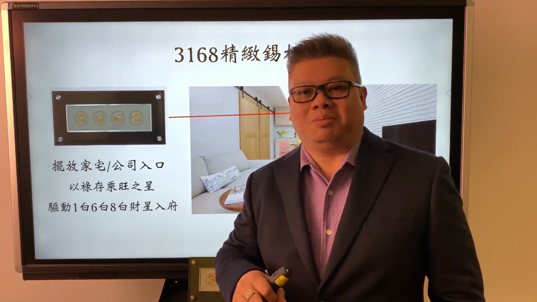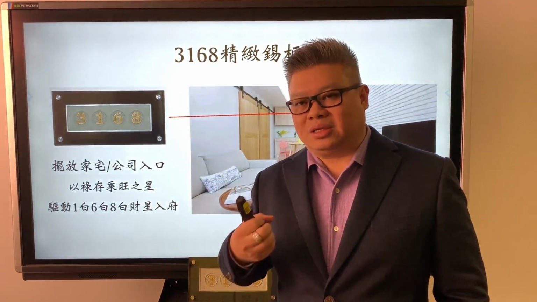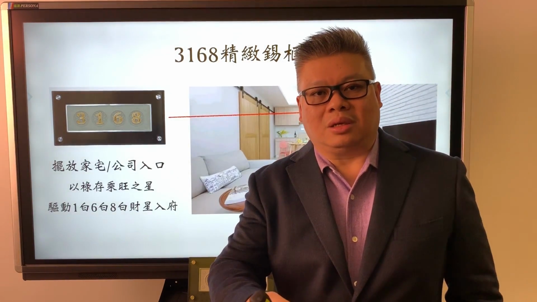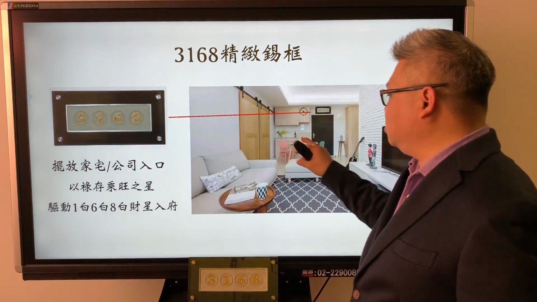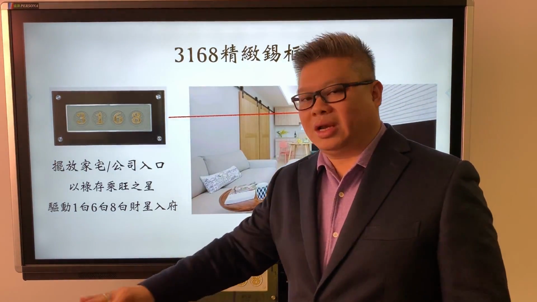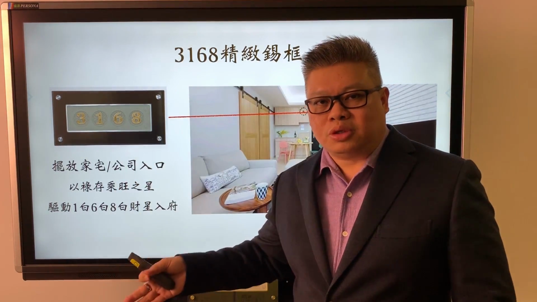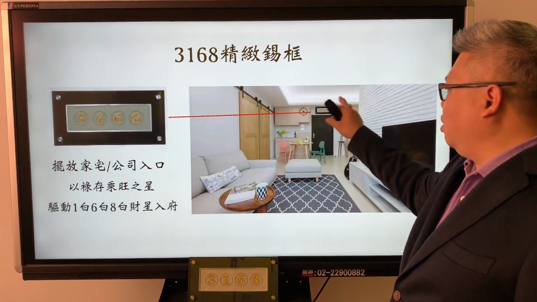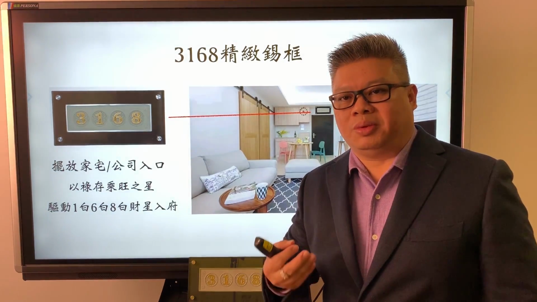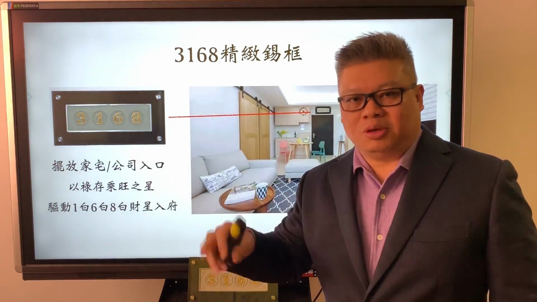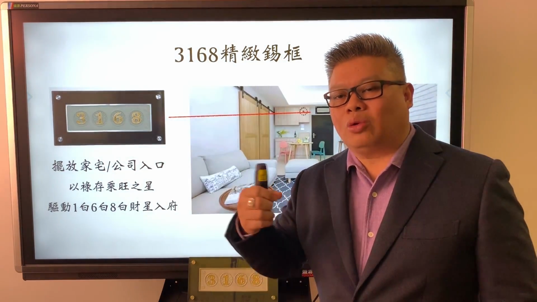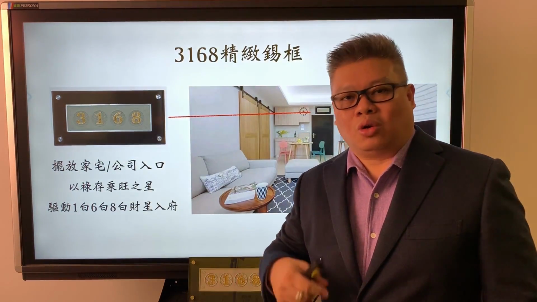On your floor, there may be 10 other companies, but each company has its own main entrance. Just place it right at the entrance. That means that once you get in, you look backward, you will be able to see if it has this space on top or on the side. On the side meaning you can place a small table to put your 3168 filter on it, or you can place it right at the top. So when you walk out from your home or your office, you will be able to see the 3168 filter plate. Okay, this is what we call the key to harness the 168 flying stars or the wealth stars.